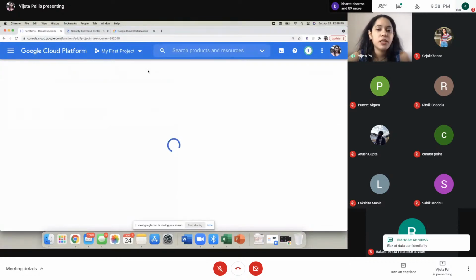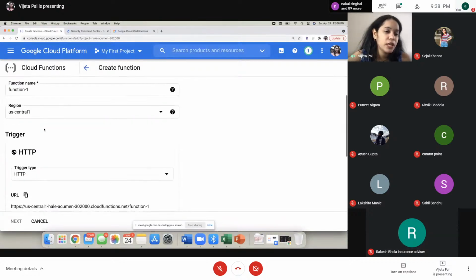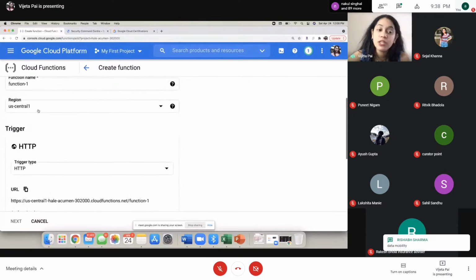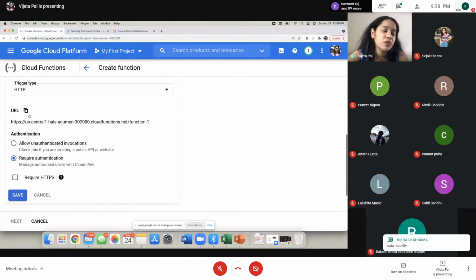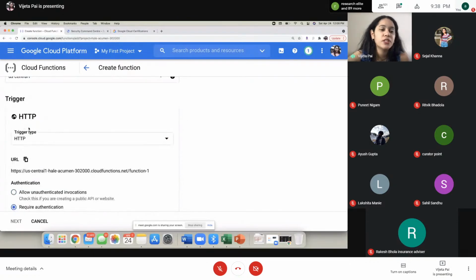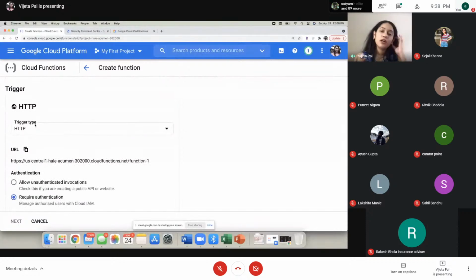You just click on create function out here. And as you can see, you need to choose the function name, and you have to choose the region, and not even the zone, just the region. And everything else, I mean, you just need to set a rule. For example, what's the trigger? So you can just set a condition. By trigger, I mean a condition.